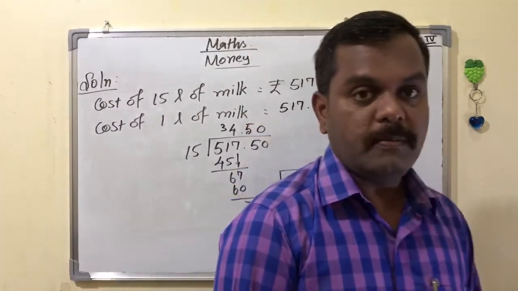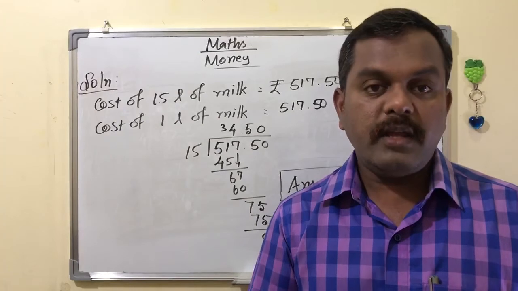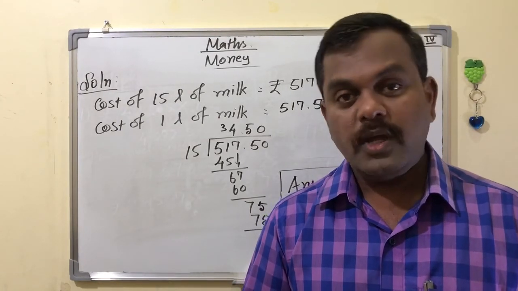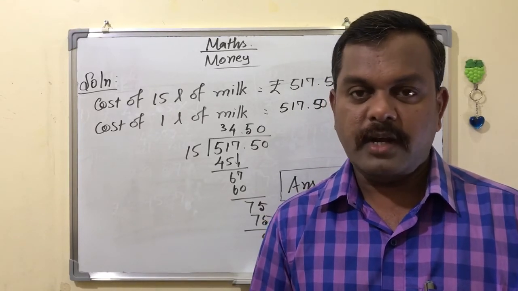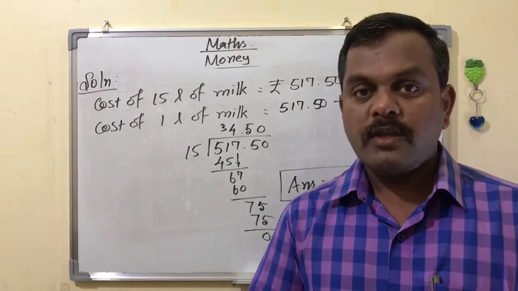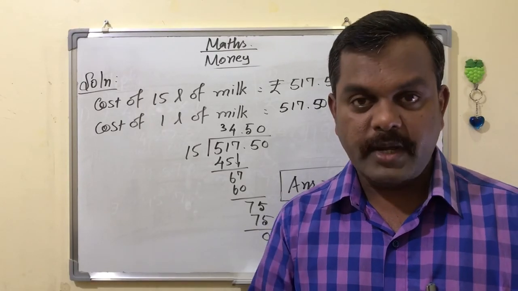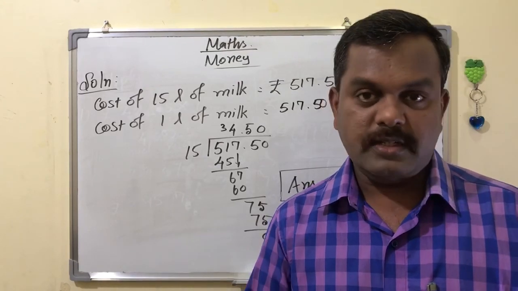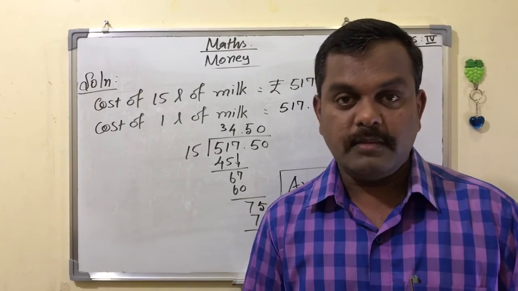So this money lesson we learned. Okay, the money we are using in India is rupees. 1 rupee is equal to 100 paisa. Okay, 1 paisa is equal to 1 by 100 of a rupee. And 2 more things we learned from that. If you want to convert paisa to rupees, you have to divide by 100. If you want to convert rupees to paisa, have to multiply by 100. Okay, and addition, subtraction, multiplication and division, same like decimal, we have to do.